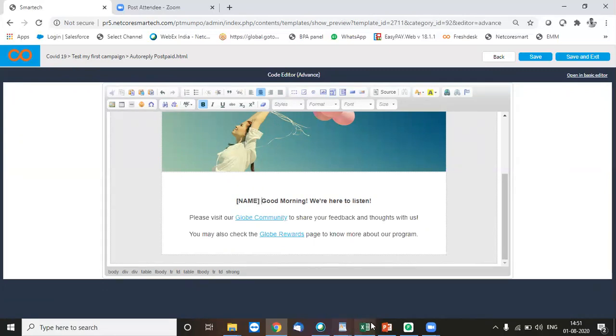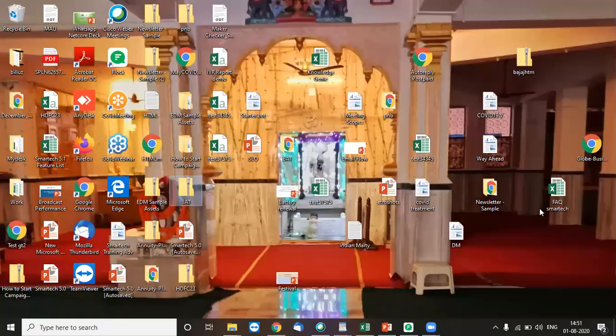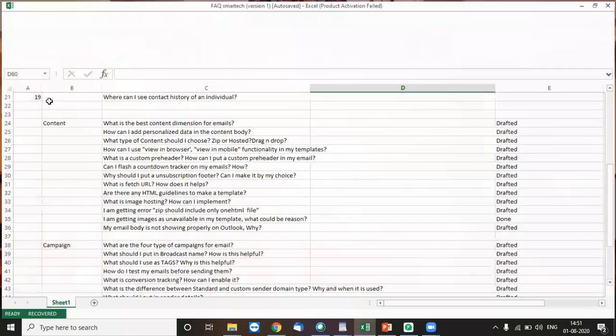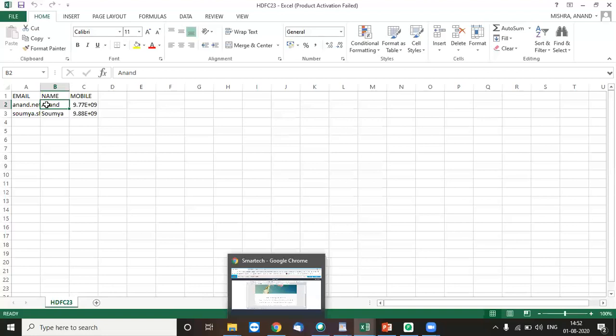To show you a very simple example, maybe I can show you one file as well. So here you can see for this email ID, this is the name, right? And I want to make sure that whenever the email is sent, I put this name as a personalized field, like dear Anand, good morning, something like that. So I just need to do a simple thing.